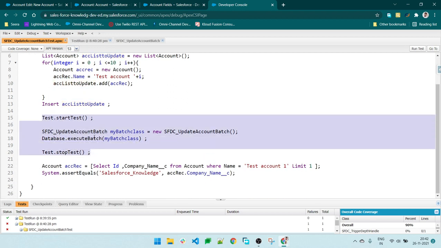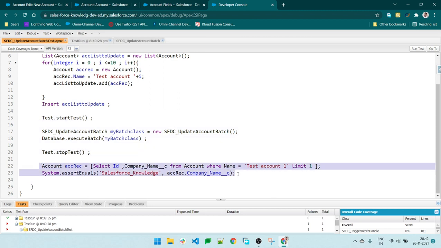You need to execute your batch class, and you need to check your return value, whether it is happening or not. So that is it for today, this much only